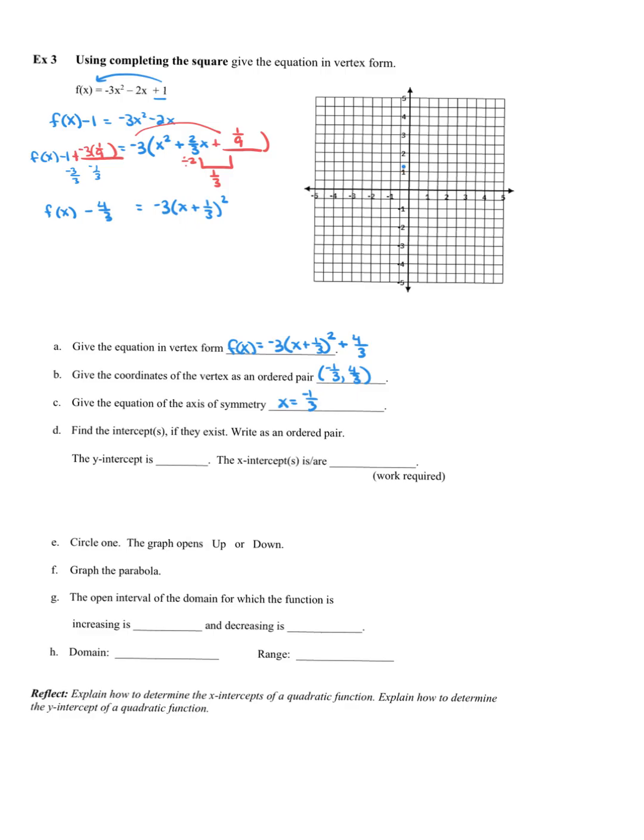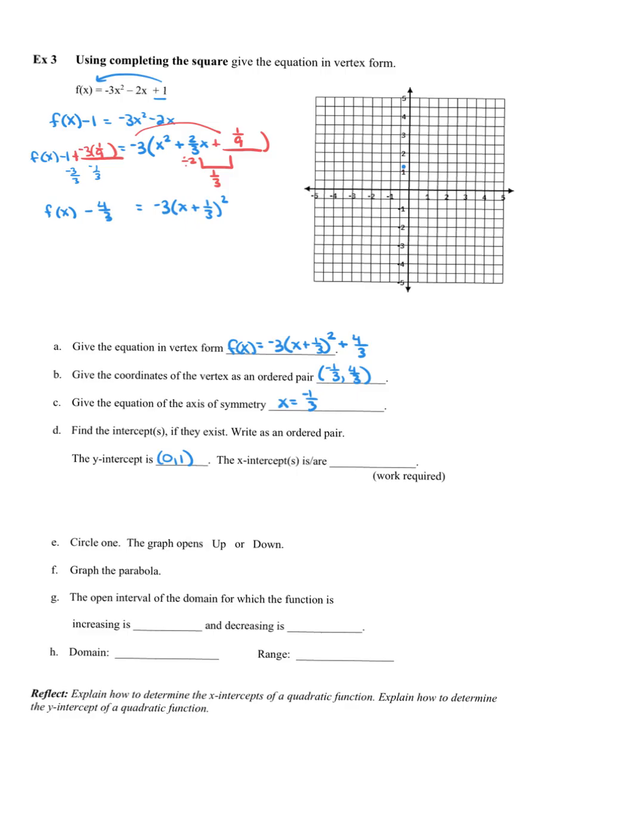Okay, and then find the intercepts if they exist. So I can find the y-intercept by plugging a 0 into x. The standard form would be the easiest. It would be 1. And then for the x-intercept, work is required because you have to use a quadratic formula or factor or complete